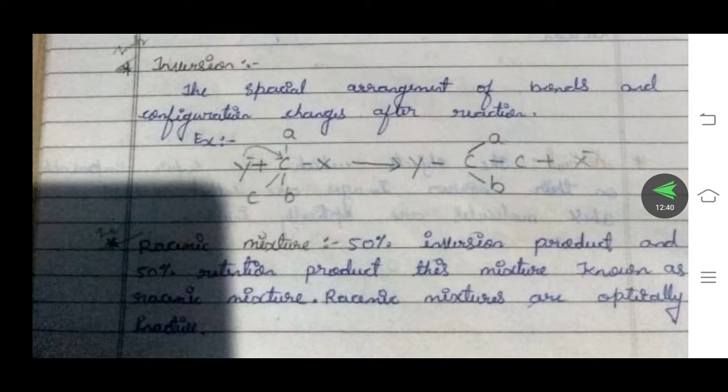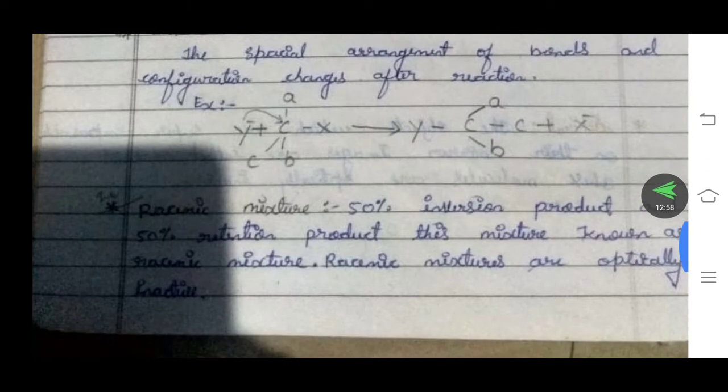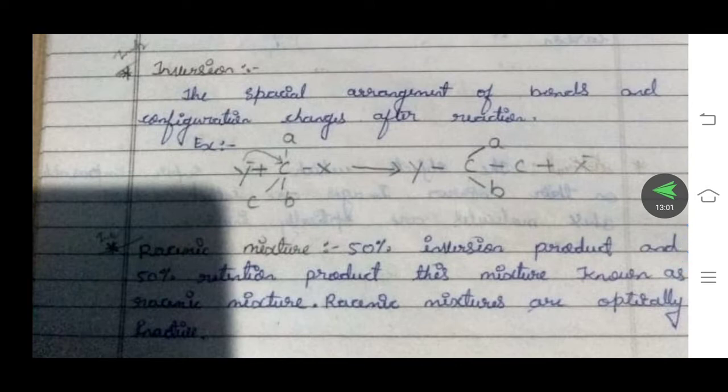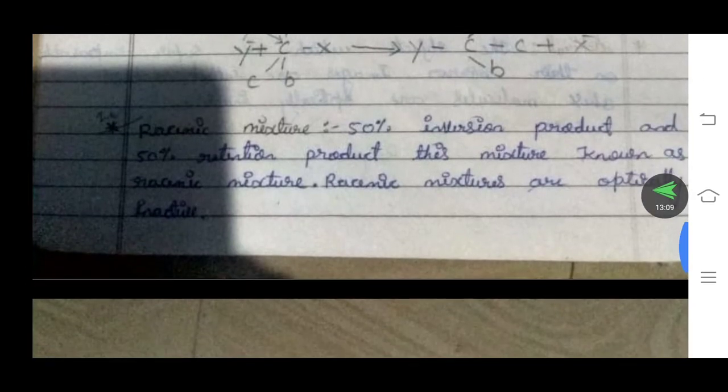You are adding Y opposite to the carbon and X bond, and you are removing X. In this case, where is X? Right side. After the reaction, where is Y? Y is on the left side, that is the opposite side, right? This type of reaction we call inversion. So the product is an inversion product. If the reactant gives dextrorotatory, then the product gives levorotatory. So this is the inversion product.